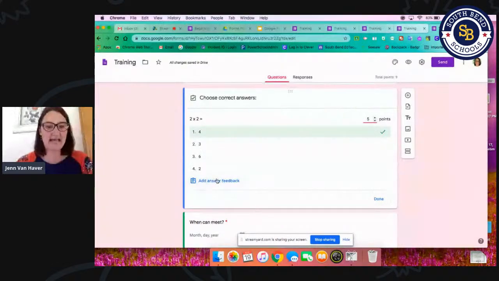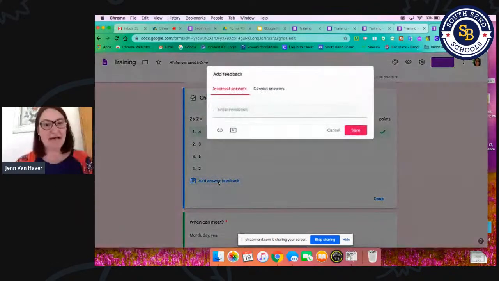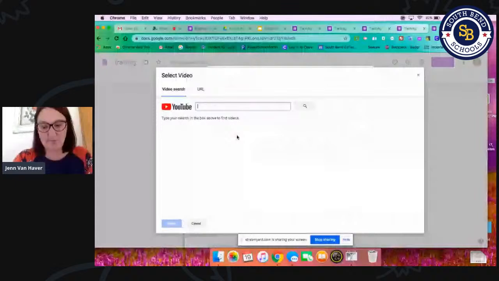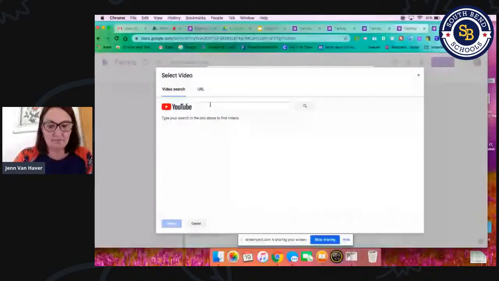I'm gonna add answer feedback. So I can add feedback either for incorrect or correct answers. I'm gonna put feedback for incorrect answers. So if the student picked 3, 6, or 2, we know that's wrong. I could type in, that's not the correct answer. But the other cool thing you can do is you can either add a link or you can add a video. So this takes me into YouTube, and I'm going to search,